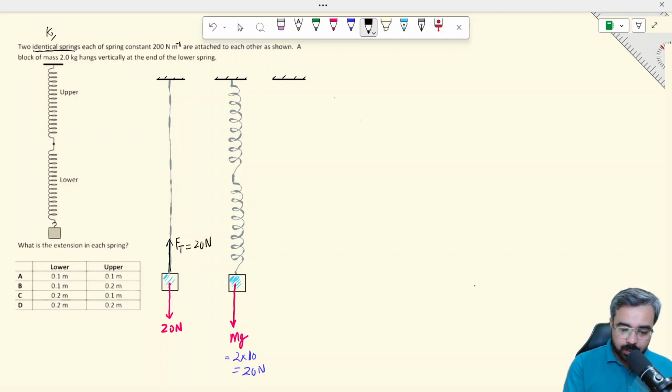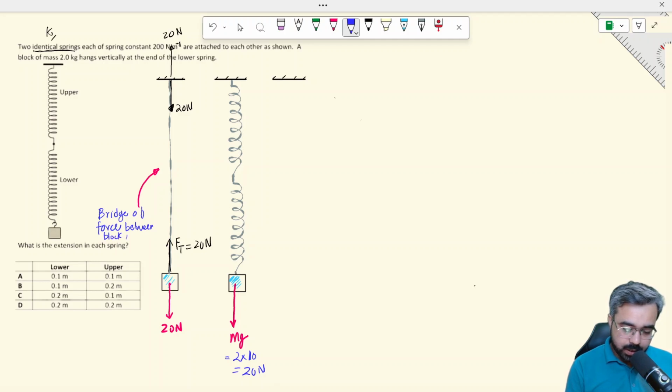And on the other end of the string, which is attached to the rigid roof or support, it should also be 20 newtons. So the support is also applying 20 newtons upward to avoid the block falling, or the string breaking. So now, dear students, don't you think that this string has acted as a bridge or a conduit? It has acted as a transmission of force between